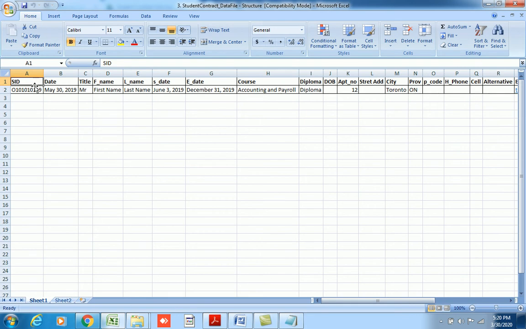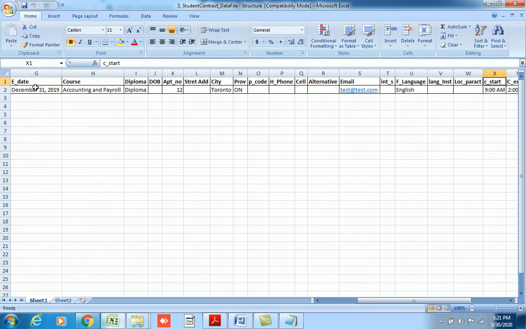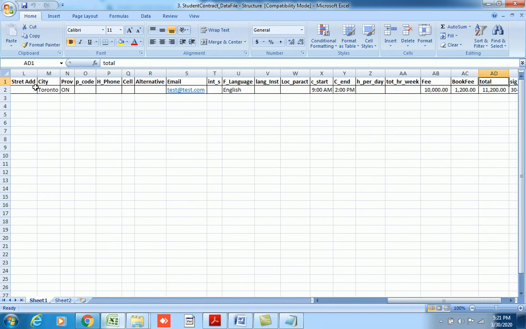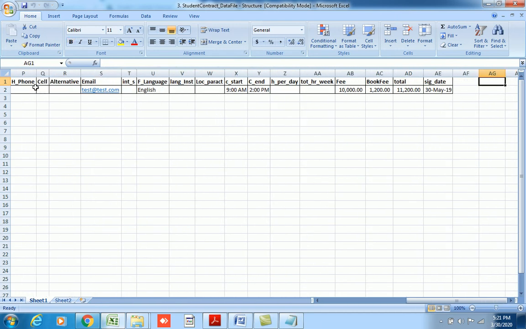But just for your benefit, I'm going to discuss this a little bit. We have a field called SID, date, title, F underscore name, that's the first name, last name, start date, end date, course name, diploma. All these fields are the ones which we will link with our Word template to get the data.